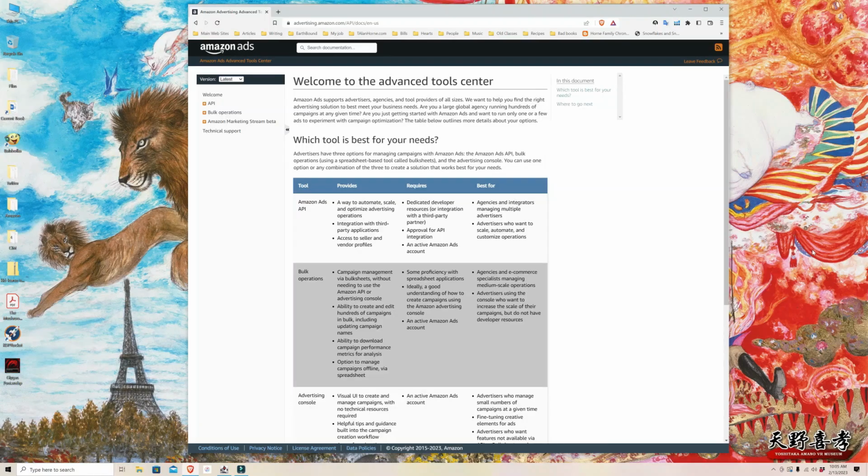It turns out that Amazon ads have an API. Now, for those who are not technically inclined, an API is a way of connecting your own software to something like Amazon's ad servers. Using the Amazon Ads API, we can create our own control panel for our Amazon ads. All it takes is a little bit of coding.